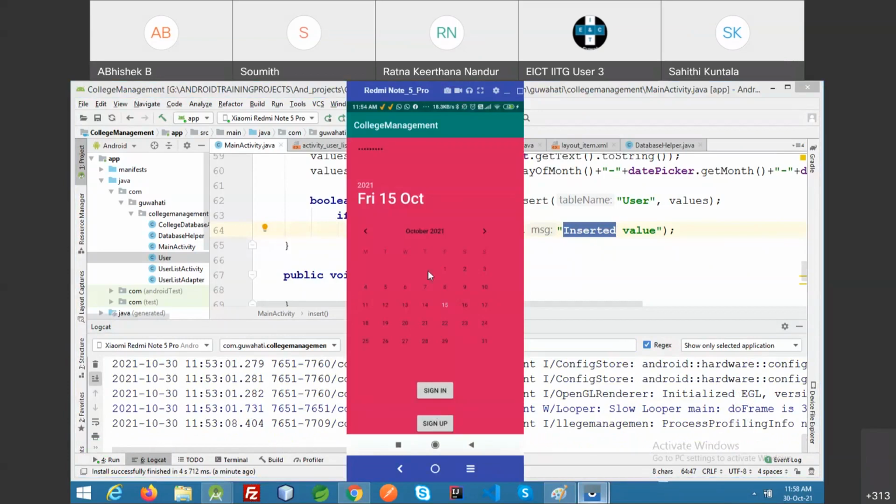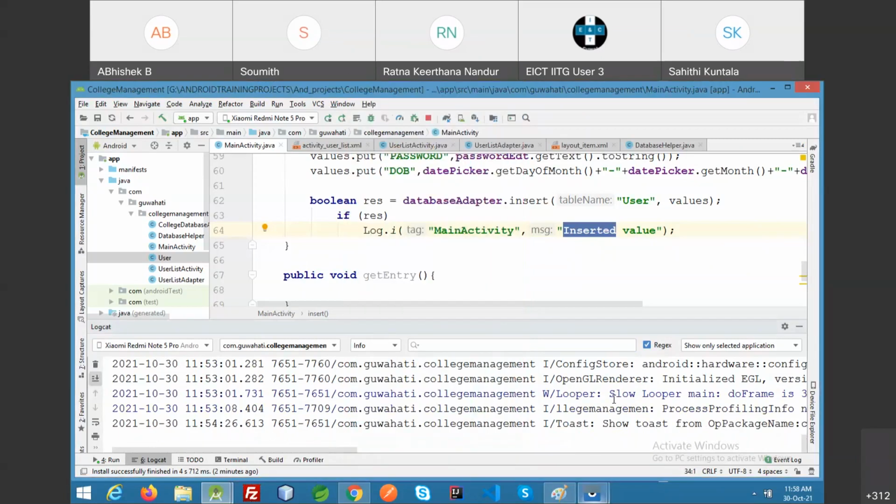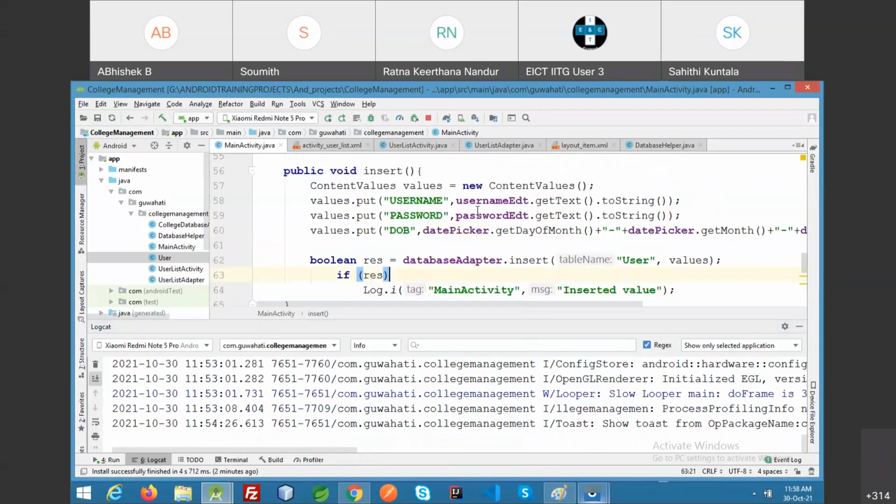It's inserted. Let's sign in. You are a new user, please sign up. Sign up. Some issue.